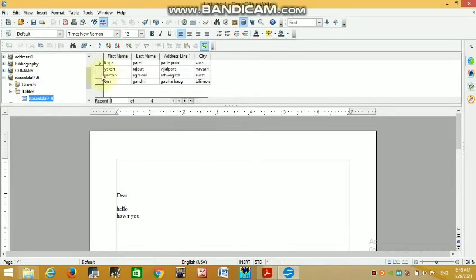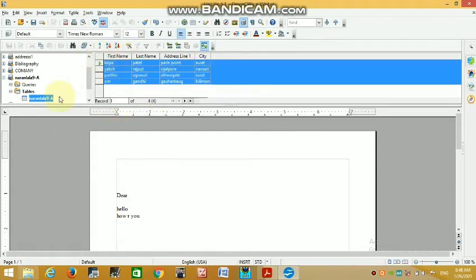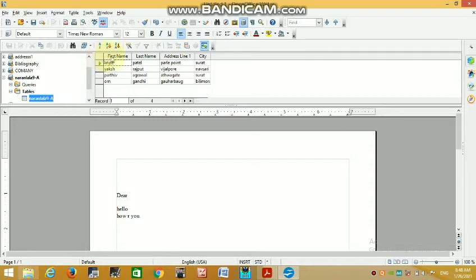See this is our table: first name, last name, address line 1 and city. Now click on field one by one, drag it. Just click one field. And click here.